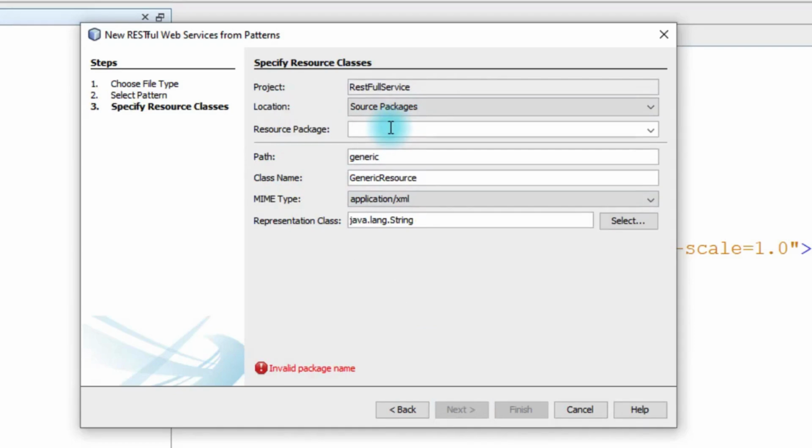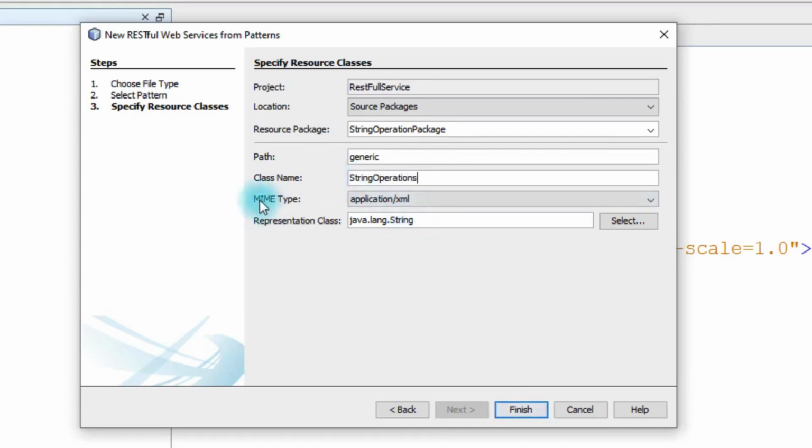Now we give the package to the web service. So I am giving a RESTful string operation package. Then the path is generic, you can change this path, and then the class name is my string operations.